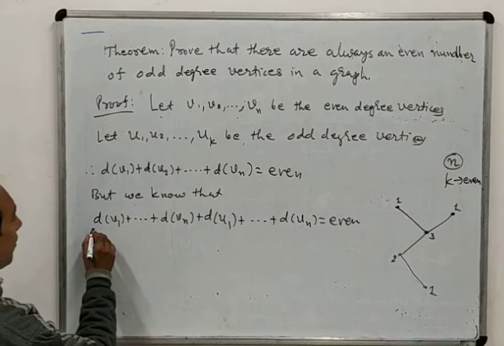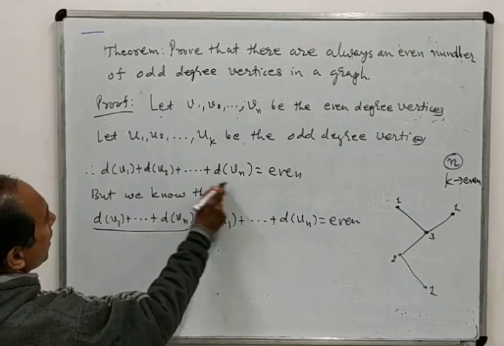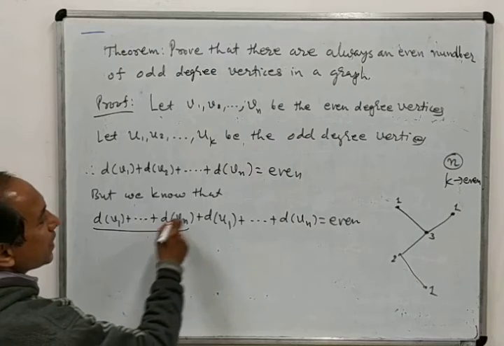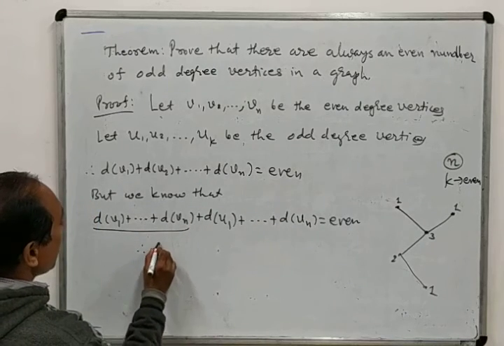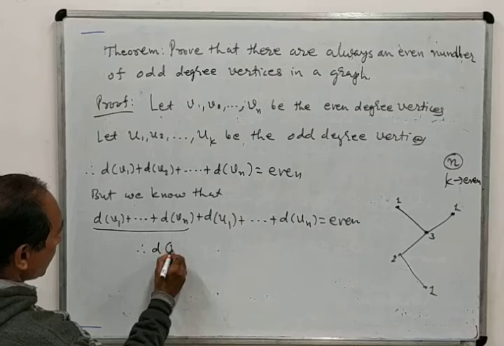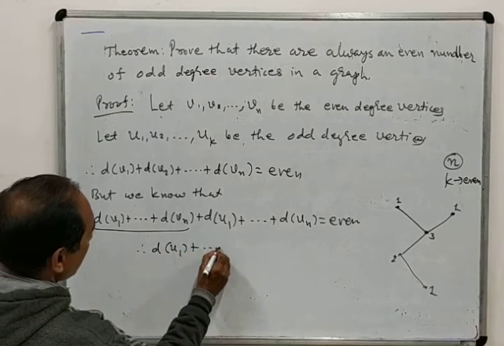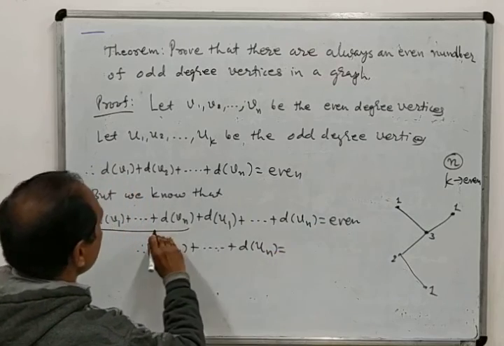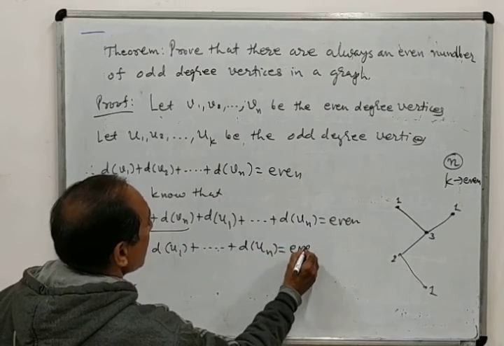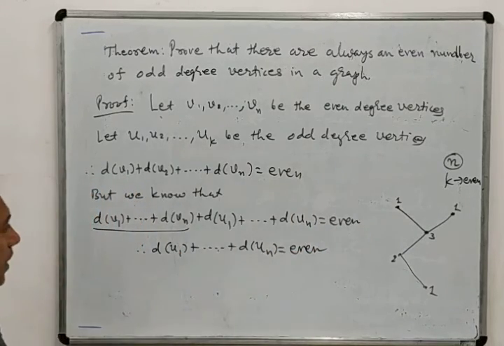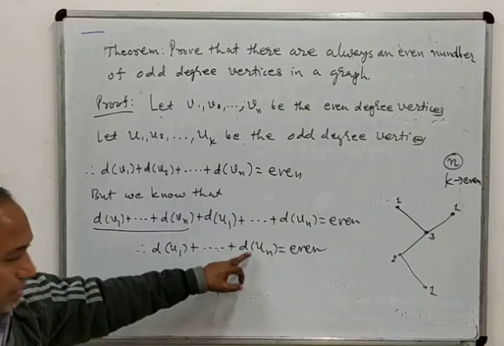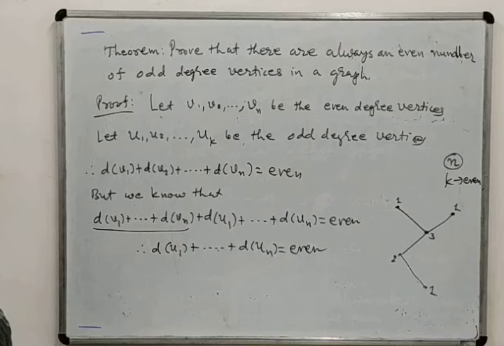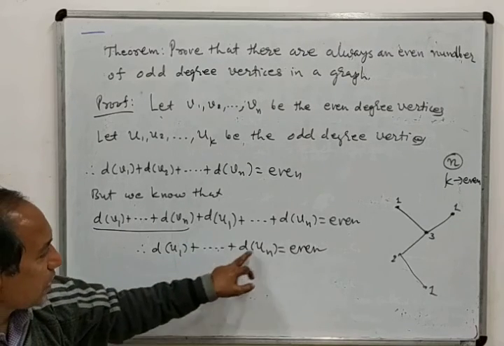Okay, and we have seen here that this part is an even number, so we take this on the right hand side. So what will happen? Therefore the sign changes, because we are using another step. So the sum of the degrees of U is equal to even minus even. That means it is also an even number. Okay, so now we can see that all these degrees are odd, and their total is even.